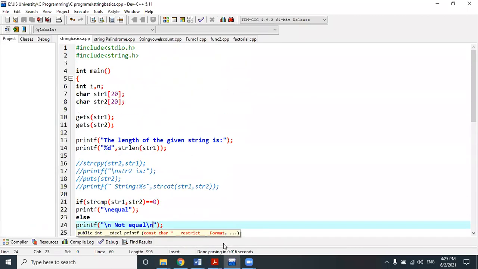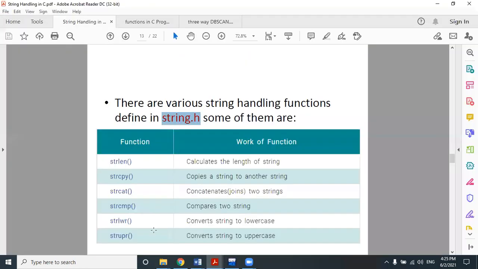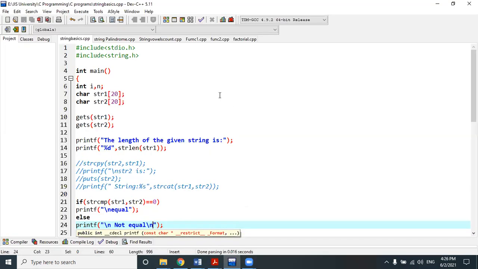So these are various kinds. Apart from this, there are other system defined string functions. Please go through any book or the internet for several functions, but mostly we are using these. The function strlwr converts the string to lowercase, so whatever uppercase string you give as an argument will be converted into lowercase. Then strupr converts a string to uppercase. There are several kinds of functions you can use to perform different jobs. Which function is used in which application totally depends on the choice of the developer or programmer. This is all about system defined string functions.